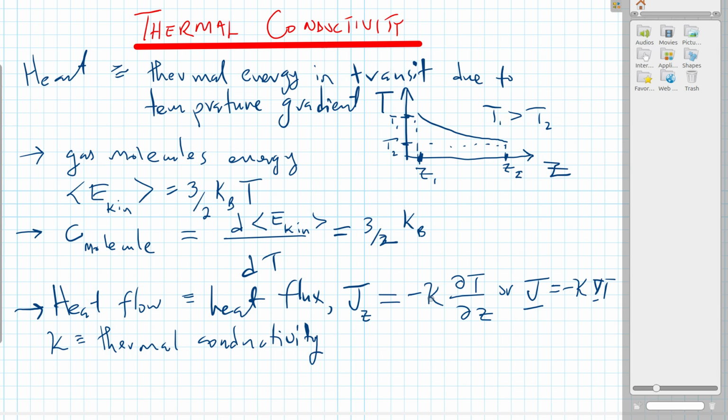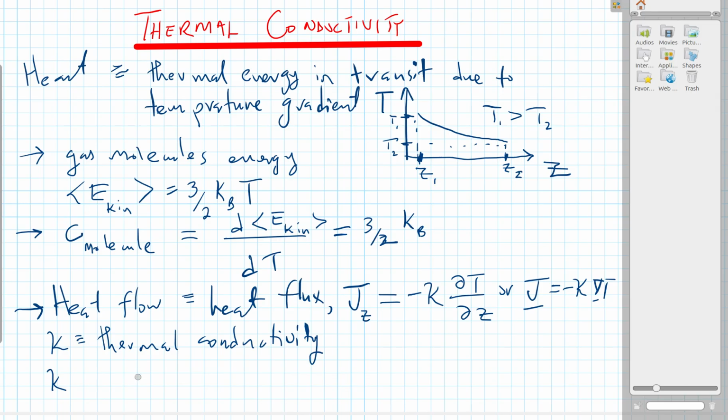As usual, we're considering a negative sign here. Also for heat flux, it's minus kappa partial T partial z, because let's say as z increases in this sketch, we can see that the temperature is actually falling down, so it's decreasing. So we bring in that minus sign to explicitly show the decrease in temperature with respect to the z direction.